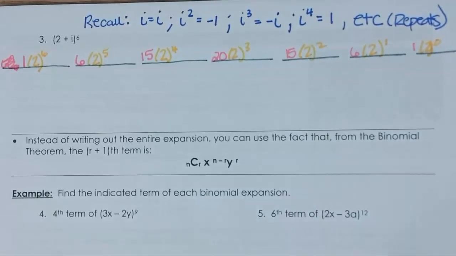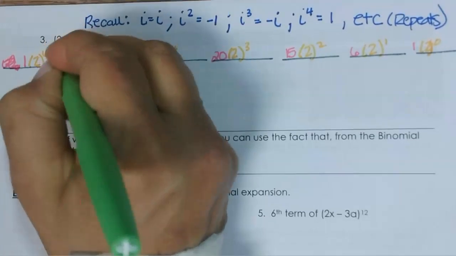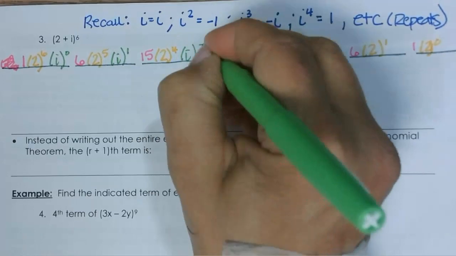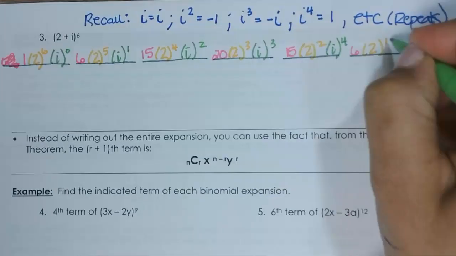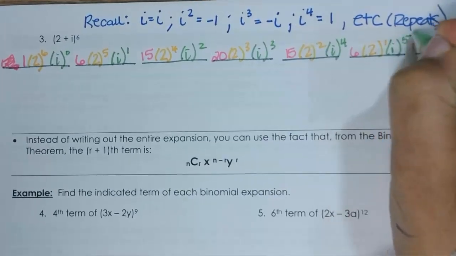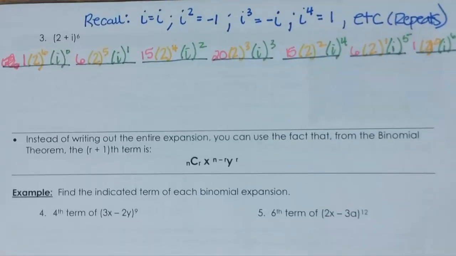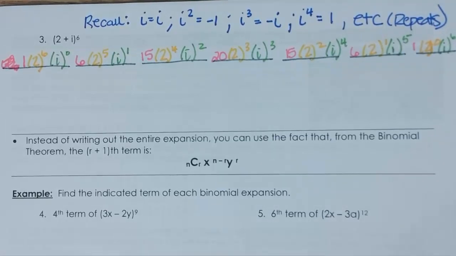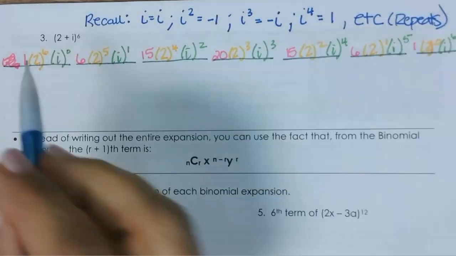And now I'm going to take i and raise it to the 0 and then work my way up: i to the 1st, i to the 2nd, i to the 3rd, i to the 4th, i to the 5th, i to the 6th. Okay. And now we're still going to have these 7 terms at the end,